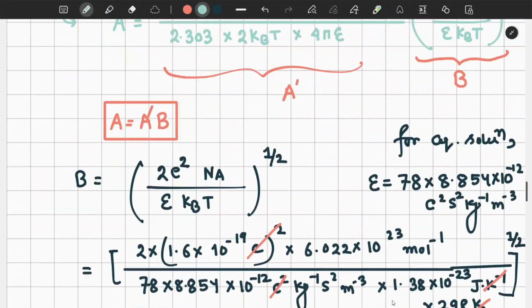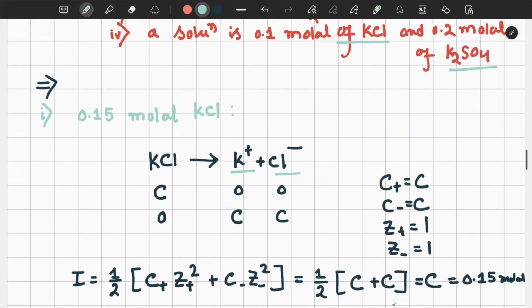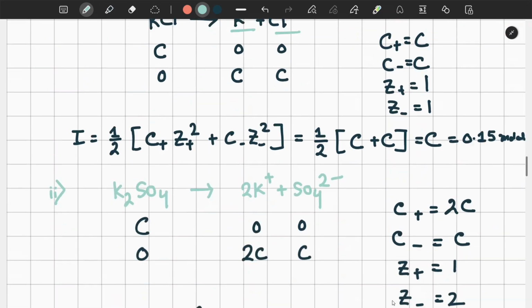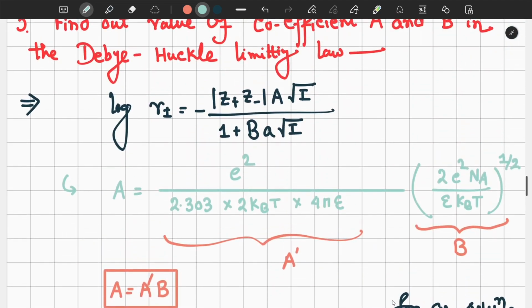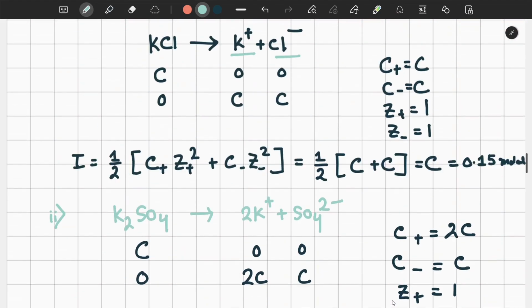These are very easy questions, but they ask this gamma plus minus, or the A plus minus, this average value, mean ionic activity coefficient. These questions are asked. In NAT also they ask. In my time, they asked something. If I remember properly, it was